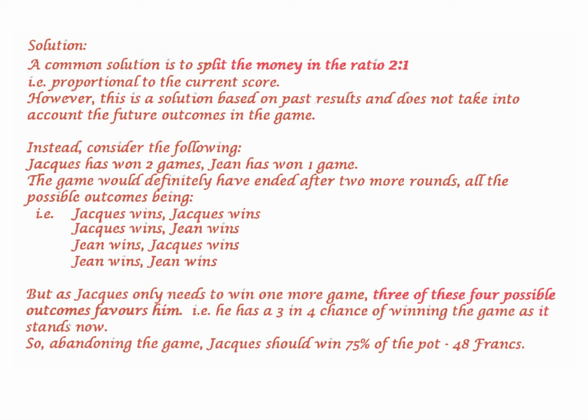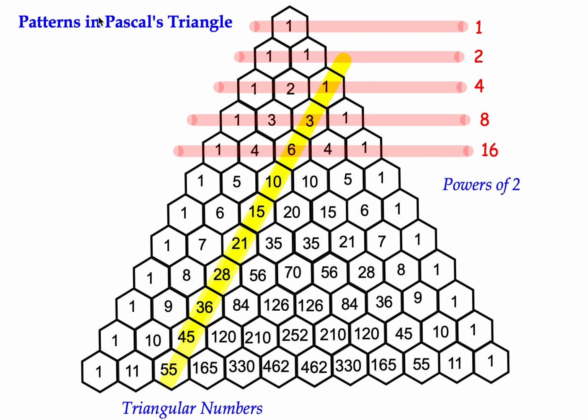So, last thing we're going to do is look at just a few interesting pictures of Pascal's triangle, a few of the properties. We've already highlighted the fact that the sum of each row of Pascal's triangle is a power of 2. That's an interesting one. And as I mentioned before, this third column here, 1, 3, 6, 10, 15, 21, 28 are triangular numbers. If you don't know what they are, look them up. I'm not going to explain to you just now, but there they are in all their glory.